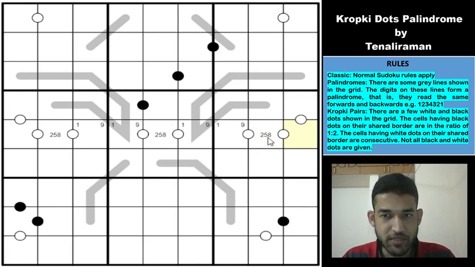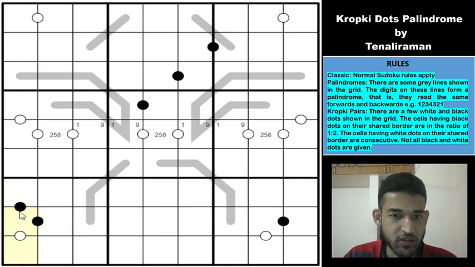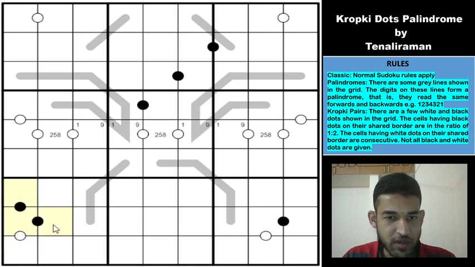So I don't think there is much there now. So let us look at this sequence of black dots. They seem to be interesting, and there is also a white dot around the vicinity. So the sequences that are possible here are 1, 2, 4 and 2, 4 and 8.